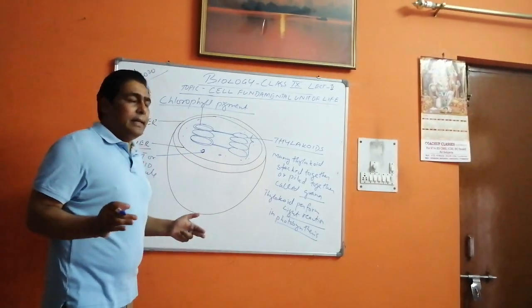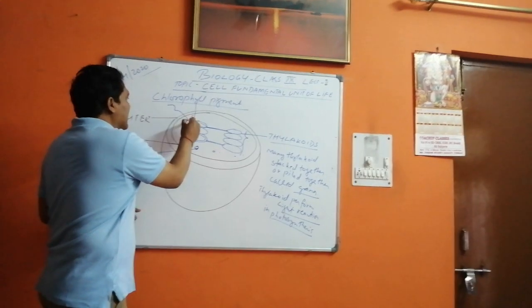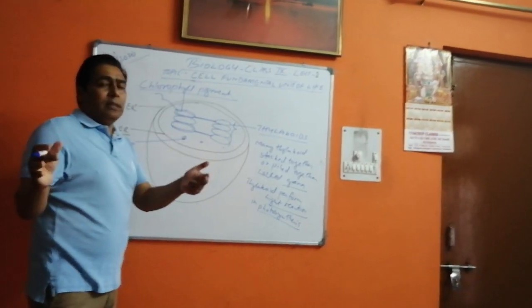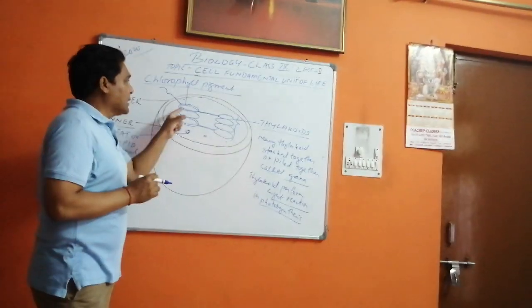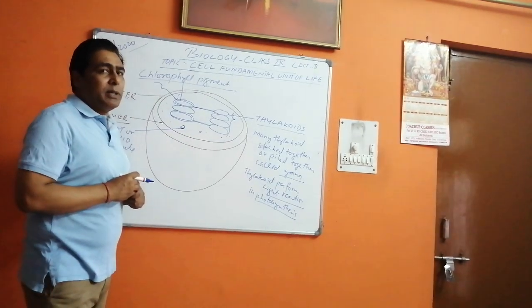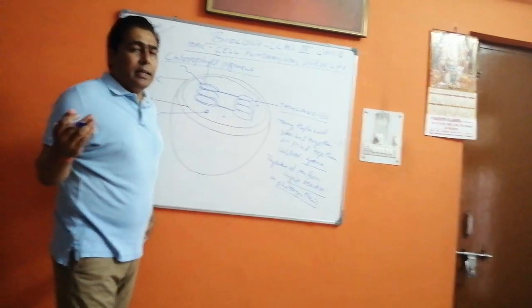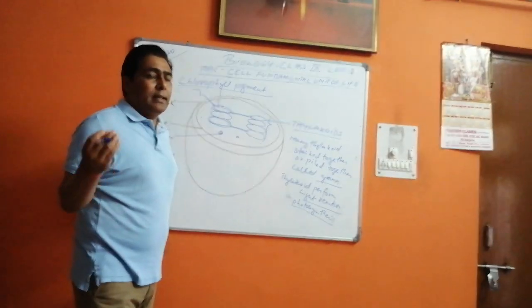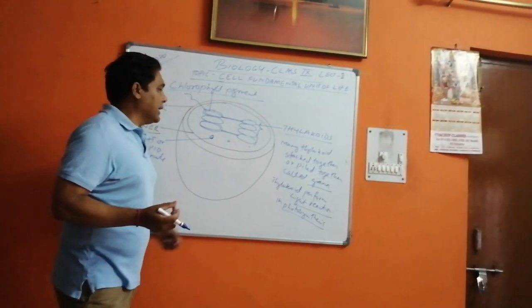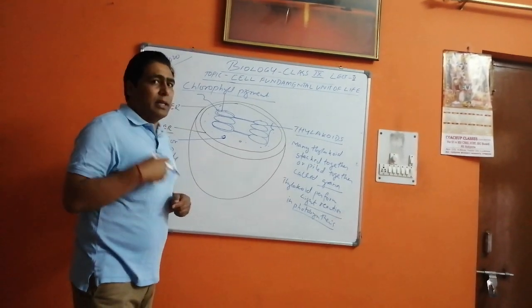They capture the light, and after the light is captured, they do the biochemical reaction to produce ATP. So thylakoids produce ATP and NADP, nicotinamide adenine dinucleotide, which is used in the dark